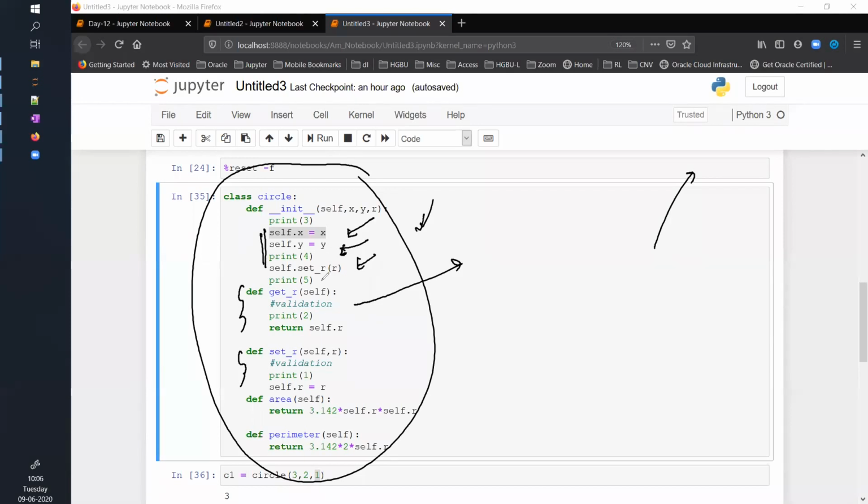If you remember, I was saying c1.x and I was able to access the values. I was saying c1.y equals 5 and I was able to set the values. But now, all of a sudden, I have added all these functions. The programs of my users who are using my code, all of these programs will start failing.